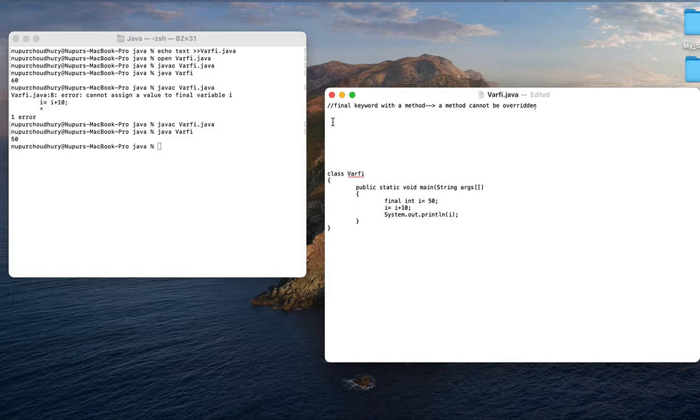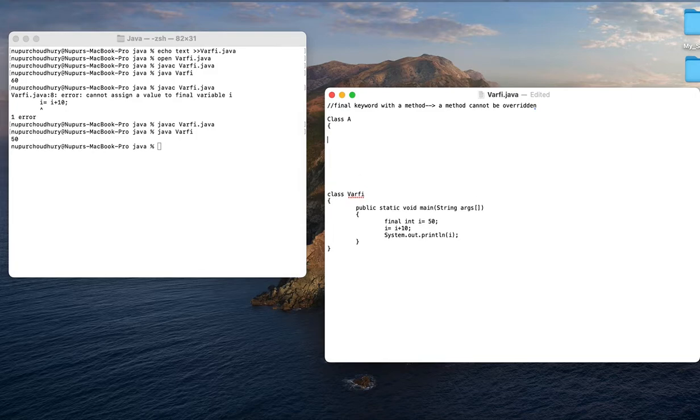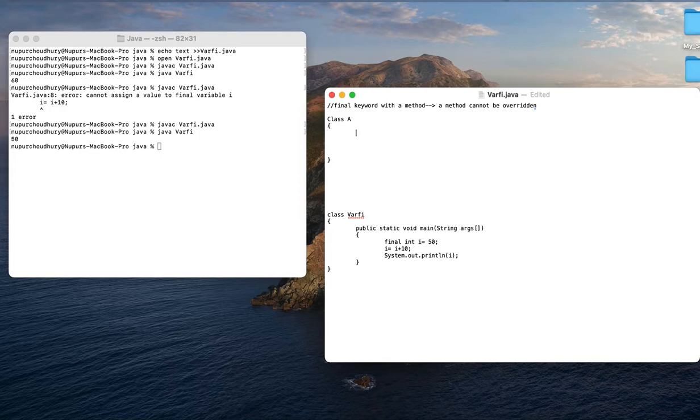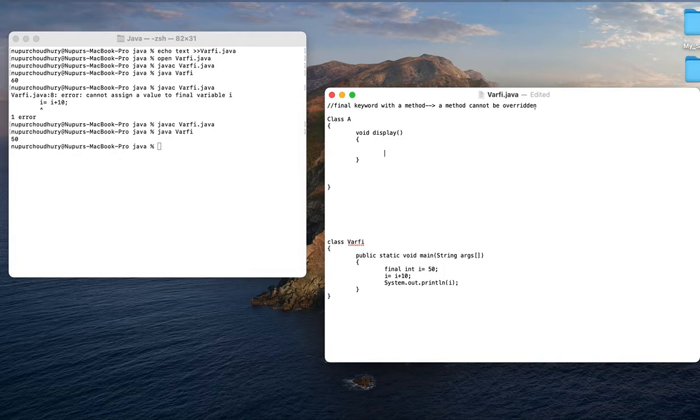two different classes. So class, let's say A, and here now I will be trying to create a method void display, and within this display method, let's say I have a print statement System.out.println, and here I'll simply write method 1, and after that I will close this particular class.